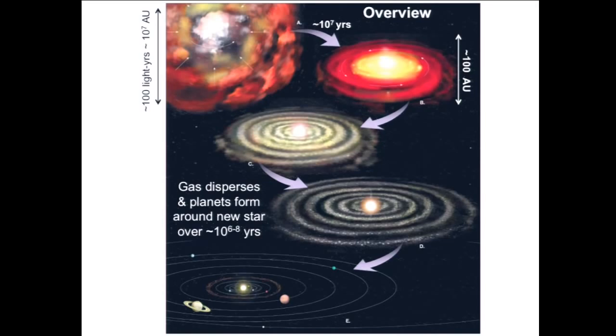This process takes a while. It takes tens of millions of years to happen, to take this cloud of gas, collapse it down, form the planets. It's a slow process by human time scales, 10 million years. But remember, the universe is 13.7 billion years old. So on the time scale of the universe, this is actually pretty fast. It's just 10 million years, which is very short compared to the age of the universe. So that's the kind of big picture of how we go from a cloud of gas by gravity collapsing down to form stars and planets.